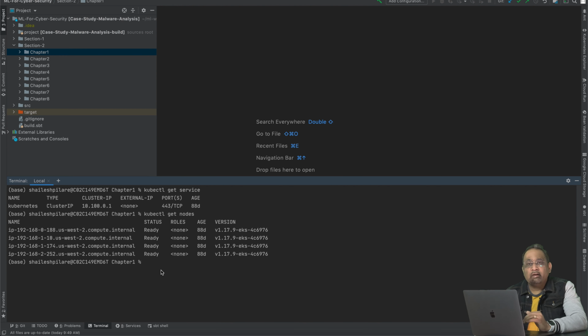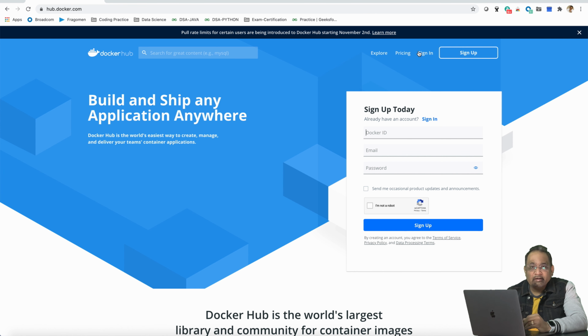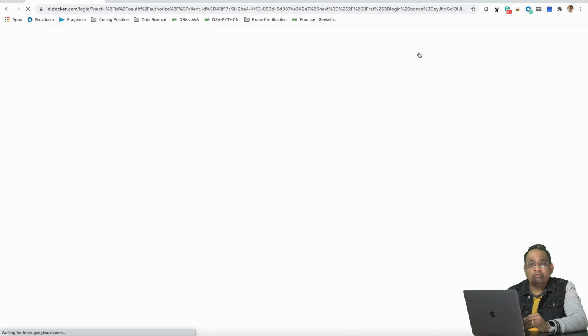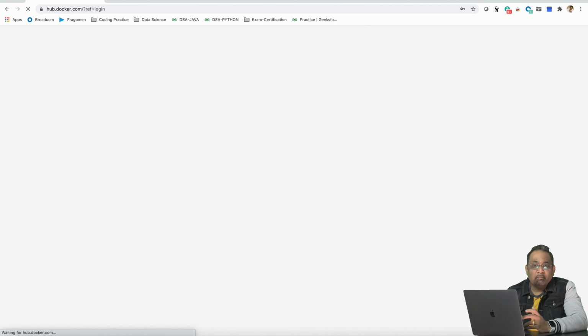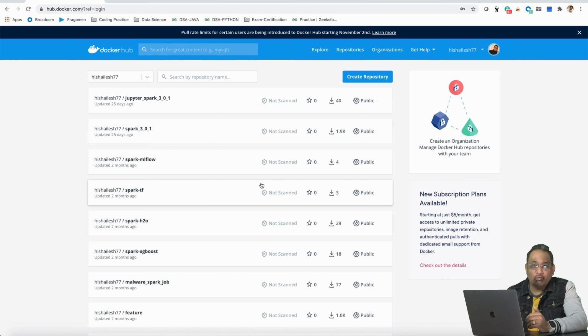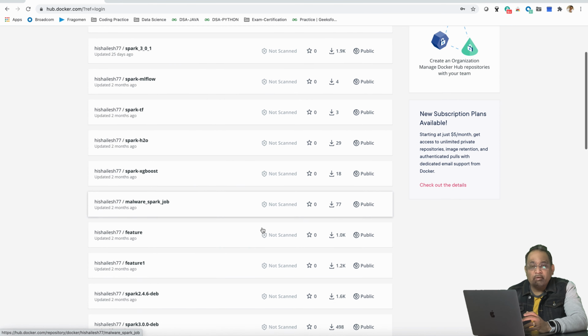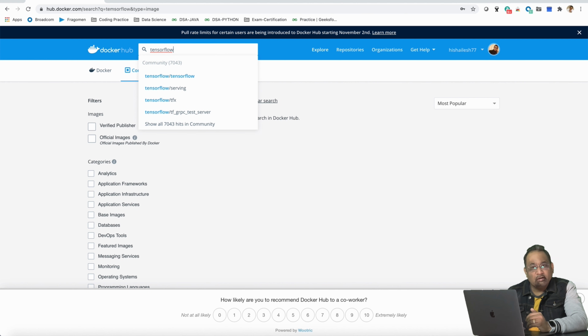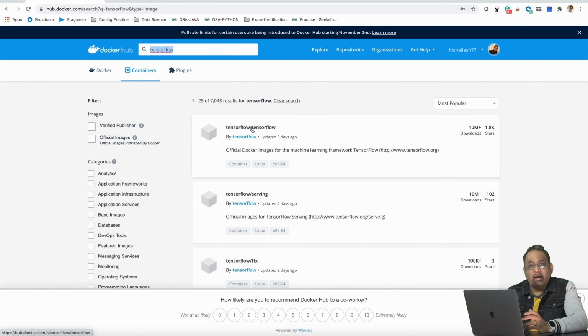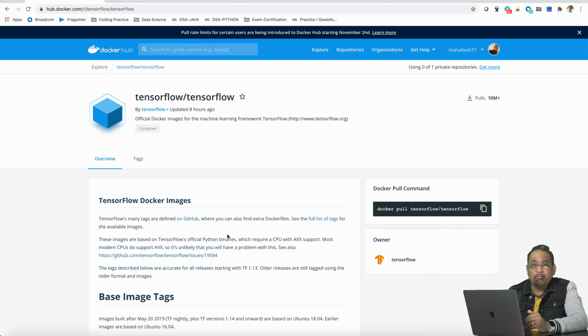So let's visit hub.docker.com and create your account if you haven't. Once you sign in and log in, you will see all the images you have uploaded so far. This is how my Docker Hub page looks, but in your case, it might vary based on what you have uploaded so far. You can also search publicly available images here and refer to them while building our own custom images. For example, as we can see here, the TensorFlow public image uploaded by some community member.